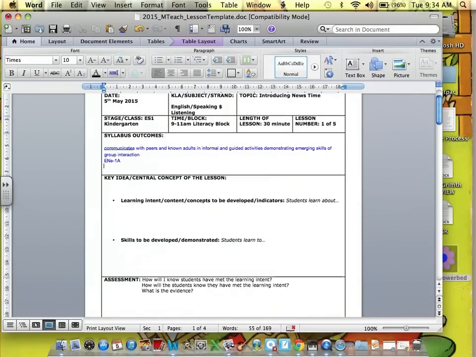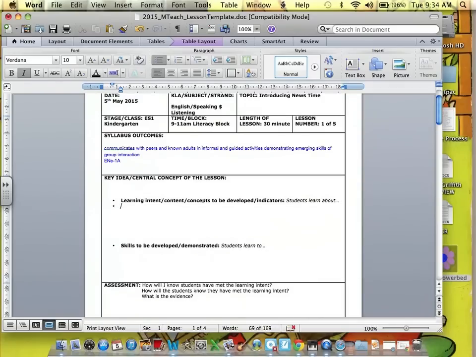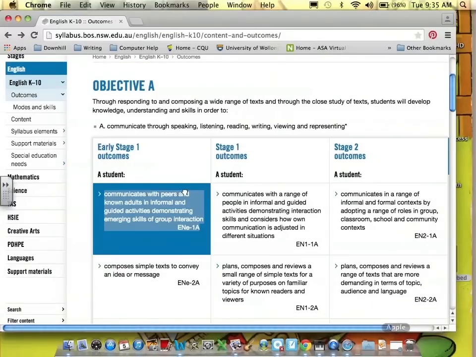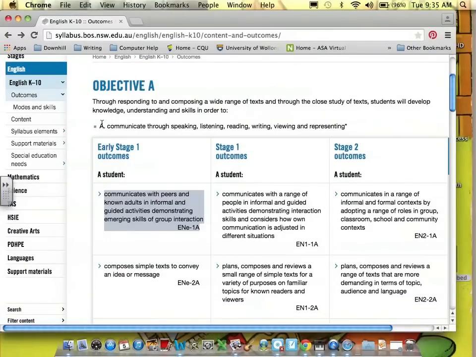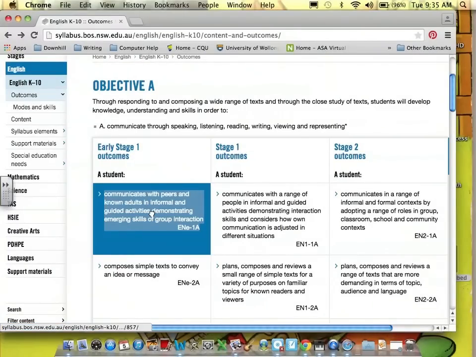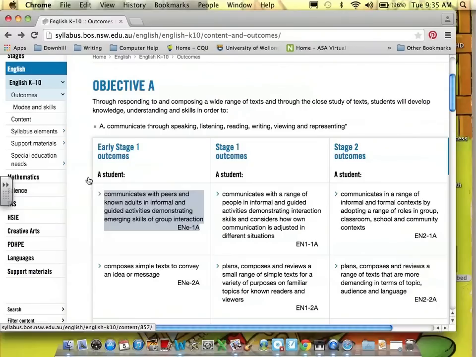Okay, the next component is about your key idea, your central concept of the lesson. So mine's all about listening. So students are going to learn about, and I can make this part up, they're going to learn about active listening, because that's my key idea. But I also want to support that with evidence from the syllabus. Okay, so I'm going to go back here, and I'm actually going to go